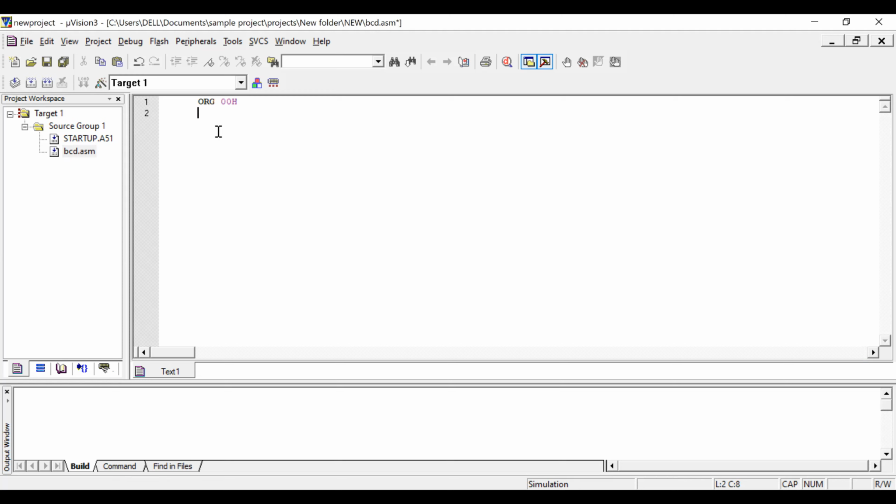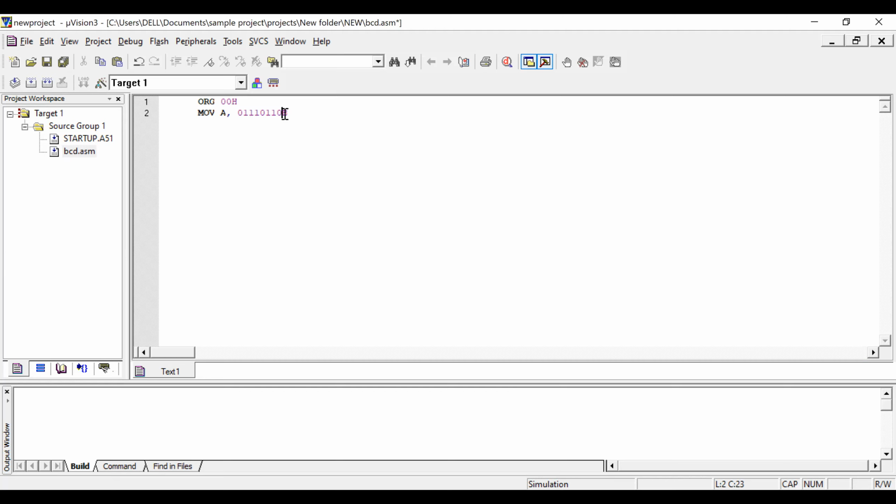Now I'm going to start my program. I want to take my value. What is my value? 76B. What is this? This is my binary value.